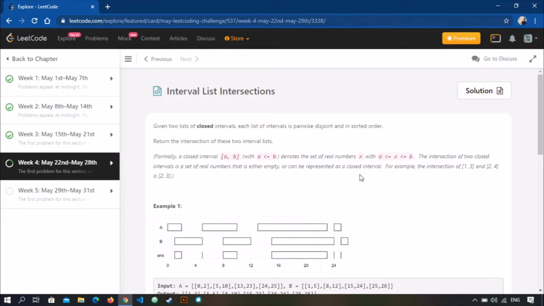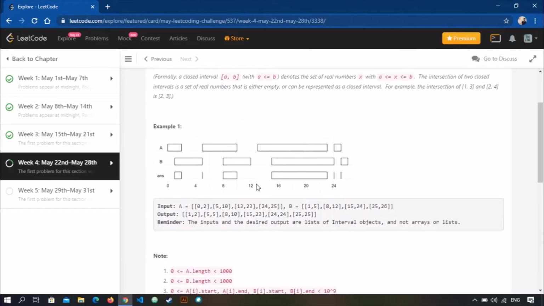Interval lists intersection. Given two lists of closed intervals, each list of intervals is pairwise disjoint and in sorted order. Return the intersection of these two interval lists. We are given two lists of intervals and we have to find the